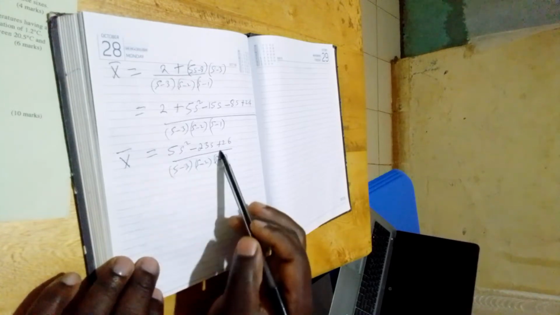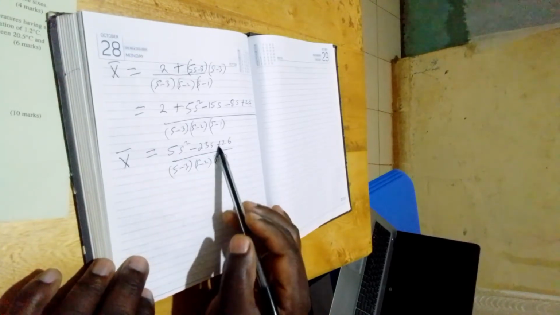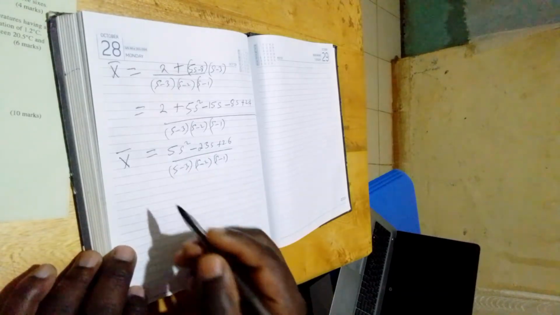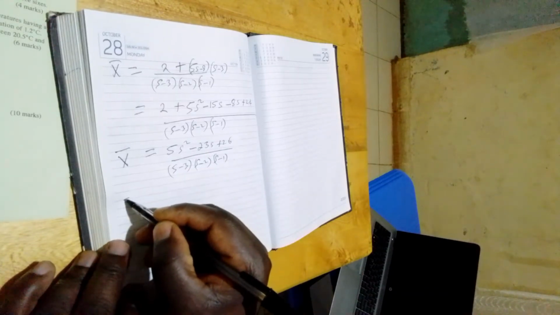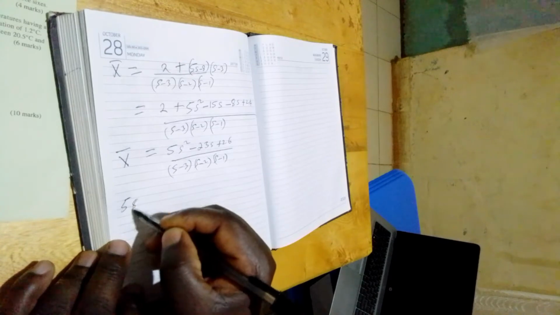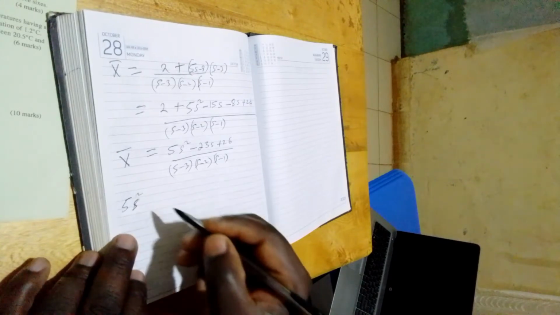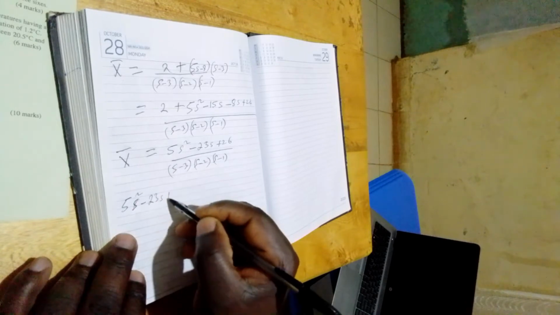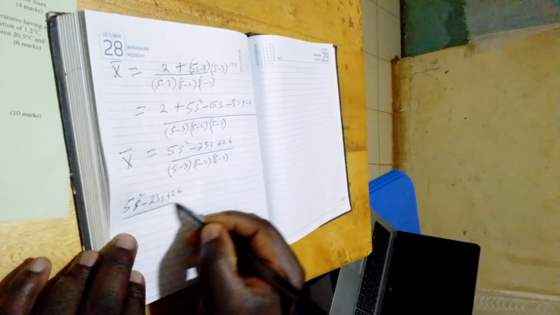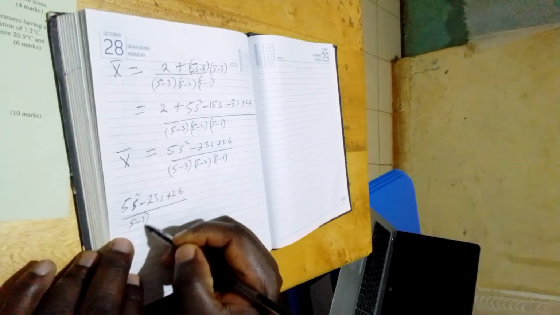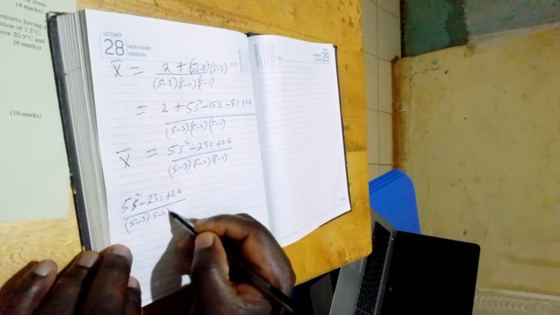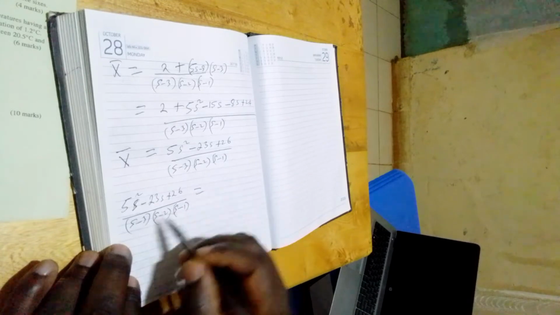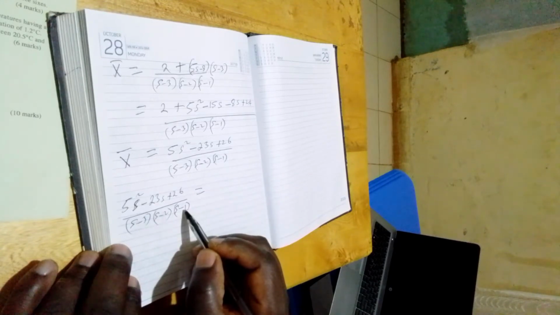So x bar equals this. So we shall get the partial fraction for this expression. We shall say that (5s² minus 23s plus 26) over (s minus 3)(s minus 2)(s minus 1) equals, every linear factor in